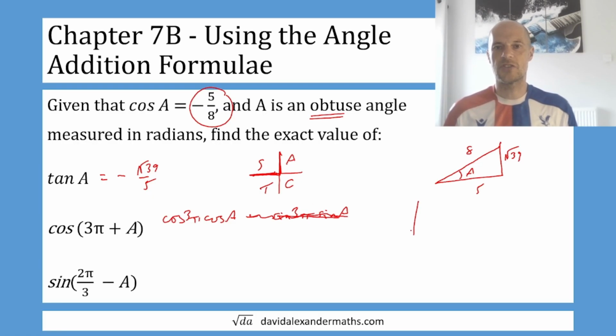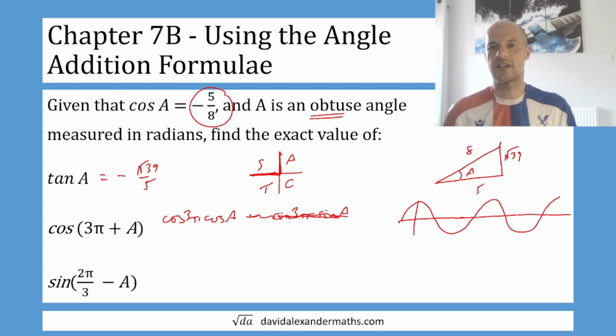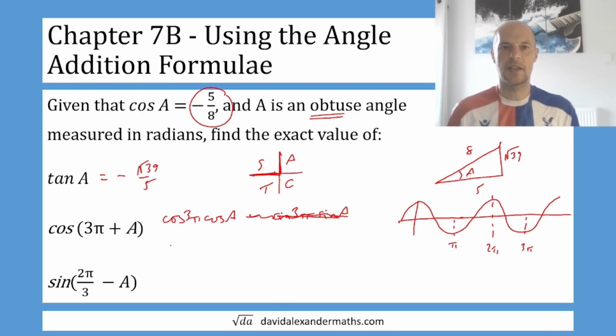Now, what is the cos of 3 pi? Okay, so we know that this is 2 pi, this is 1 pi, so therefore this is 3 pi here. So the cos of 3 pi is -1. So it's -1 times the cos of A, which is -5/8. So the answer is therefore